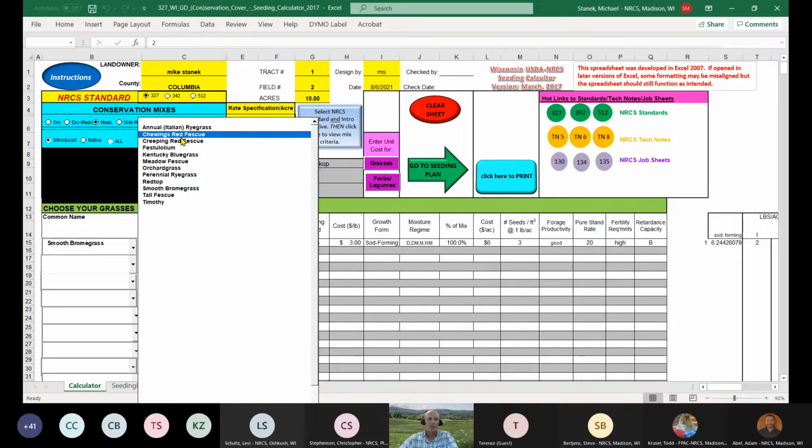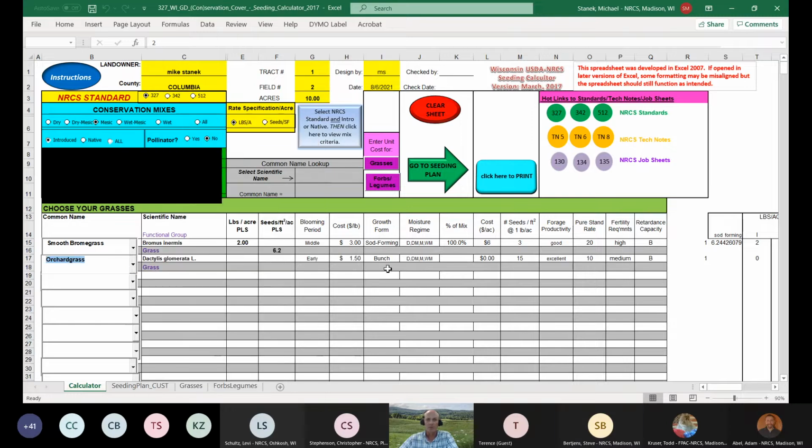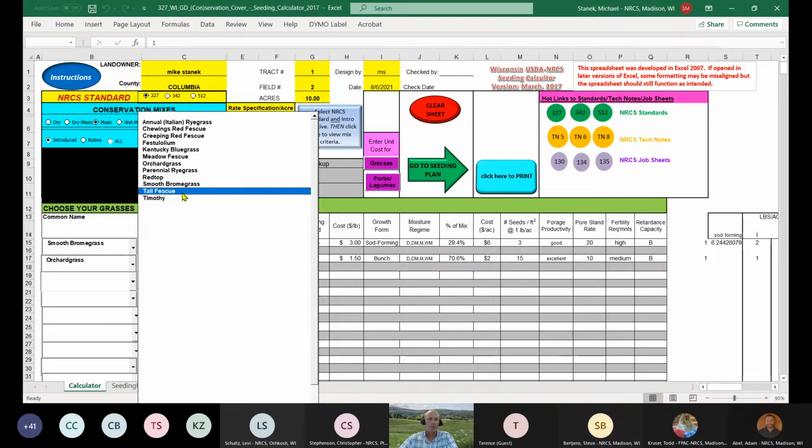Let's do orchard grass in there. My favorite, it's a bunch grass. It tolerates dry mesic and wet mesic sites. And let's do some orchard. Let's just do a pound of orchard. And then let's go ahead and throw in some